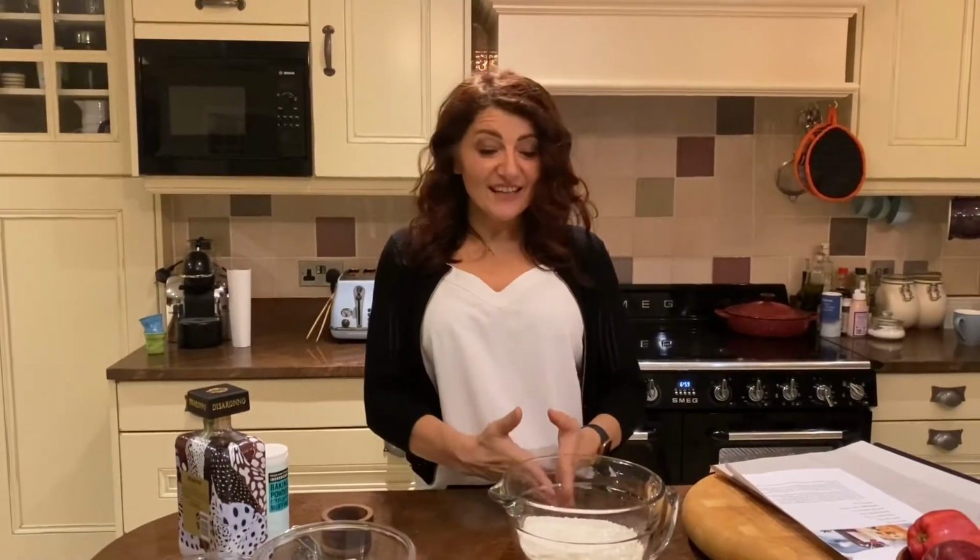In Italy, a lot of the Christmas treats are designed to last for the whole Christmas period. So these are brilliant to bag up or put in jars to give as gifts because they'll last for quite a long time. So we're going to make some biscotti today, cherry and pistachio biscotti that are absolutely gorgeous, really